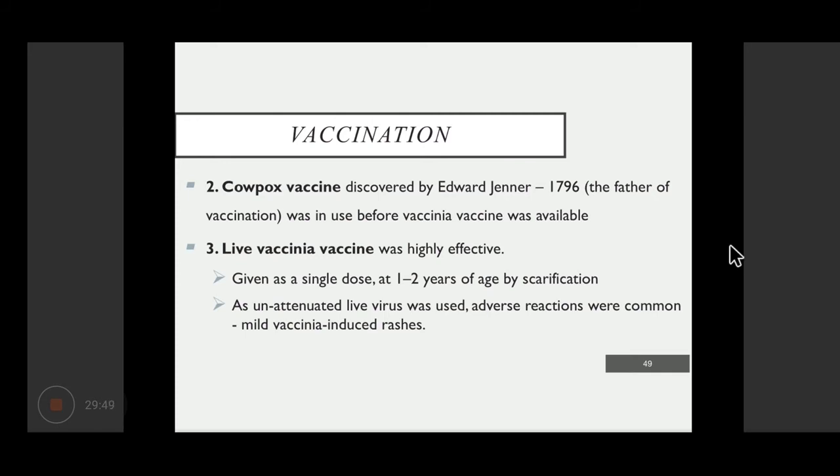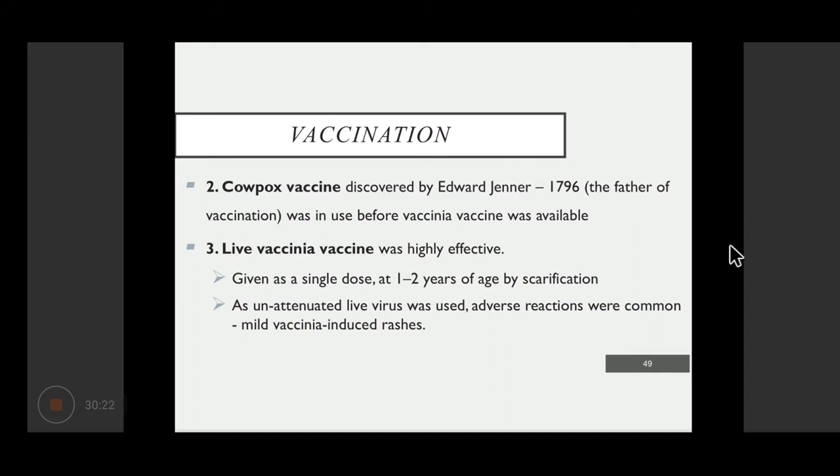What he had observed was that women who were milking cows that were suffering from the disease known as cowpox would also suffer from this disease, but in a milder form, and then subsequently they would not develop smallpox. So he used this extract from the lesions and injected it into